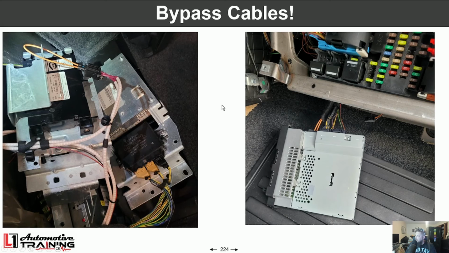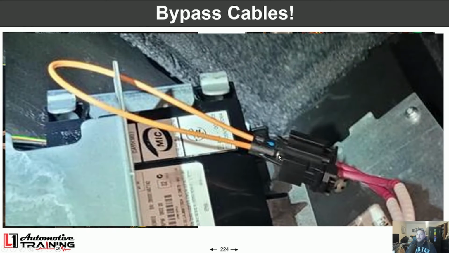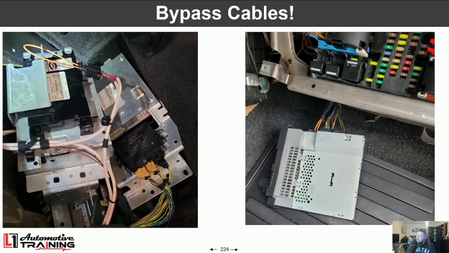Bypassed it, you're able to disconnect, and you can see here what it looks like when you disconnect and connect a bypass unit. But then the bypass cable you see here, there's an audio tuner back here. So the AAM, the amplifier, is here on the floor. You can't really see it. The parking aid module, I believe, is that unit that's black with the 2 tan connectors and 1 black connector right there that